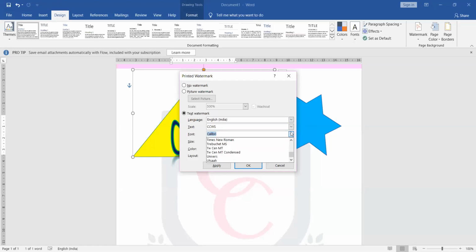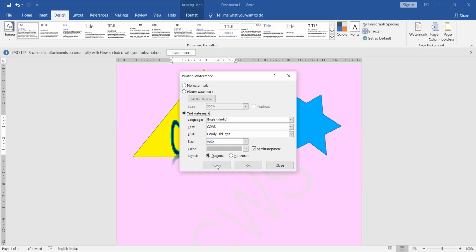Then you can choose the font from here also. Size, if you want automatic, or if you want to increase or decrease the size, you can set it. Then diagonal or horizontal, there are two ways of inserting these watermarks. You can insert it diagonally, and it can come as horizontal also. So it depends on you. Generally it is diagonal, but it can be horizontal also. You can apply it, see the changes, and then you will come to know.